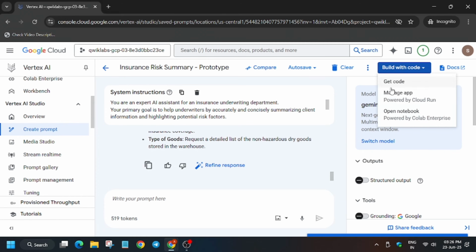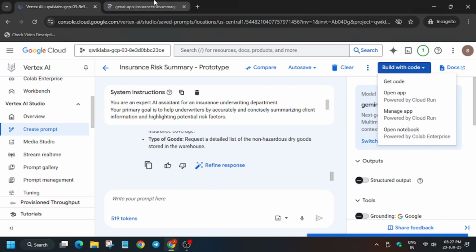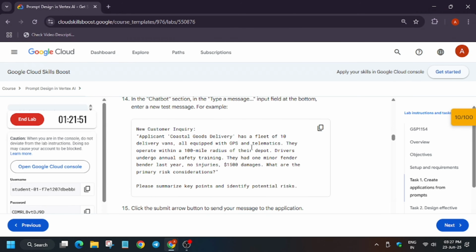Now you have to click on close, click on build, and here open app. Now we have to just run the prompt here. You have to just click like this to open the app in case you haven't seen it properly. Now for the prompt, you have to copy this prompt from number 14